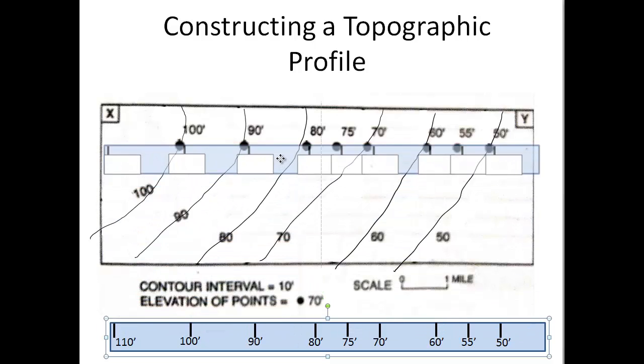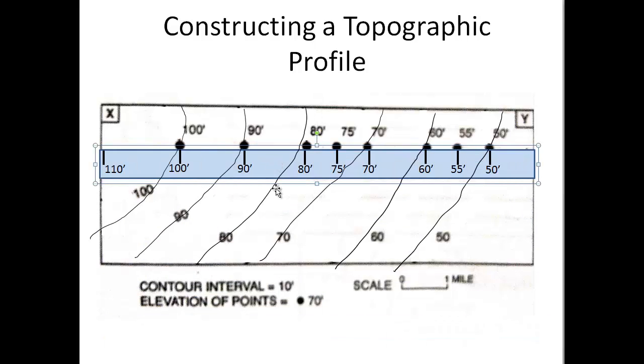So if we place a strip of paper over our topographic map and we place a mark wherever our strip crosses our contour lines, we're going to then have a way for us to determine the elevation as we proceed over distance. So now we have the elevations of all the key points along X to Y. We also know their horizontal positions relative to each other on the topographic map. So we can now construct a two-dimensional representation, basically a profile of what the land slope looks like in this